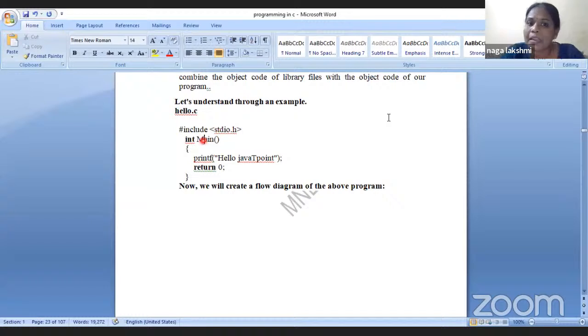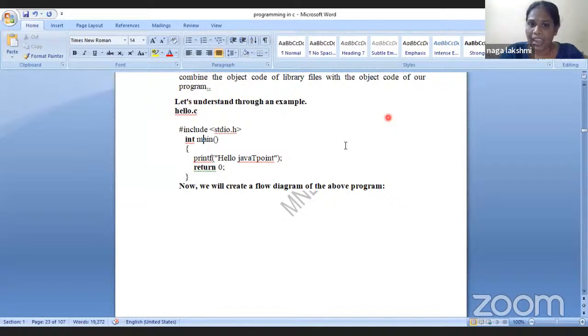If I keep capital M, it goes wrong. You may think the spelling is written correctly, then why has it gone wrong? Because small main is defined as the main function. Here I could call C language case sensitive. Case sensitive means small letters are treated differently and capital letters are treated differently.